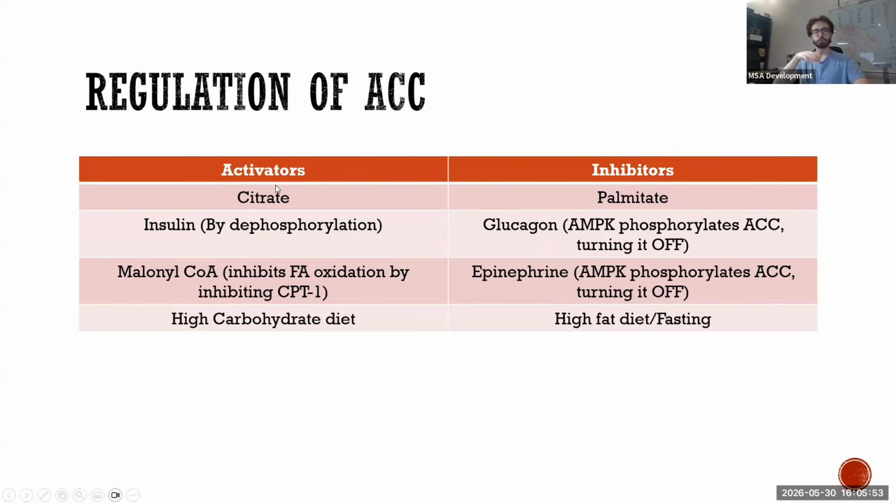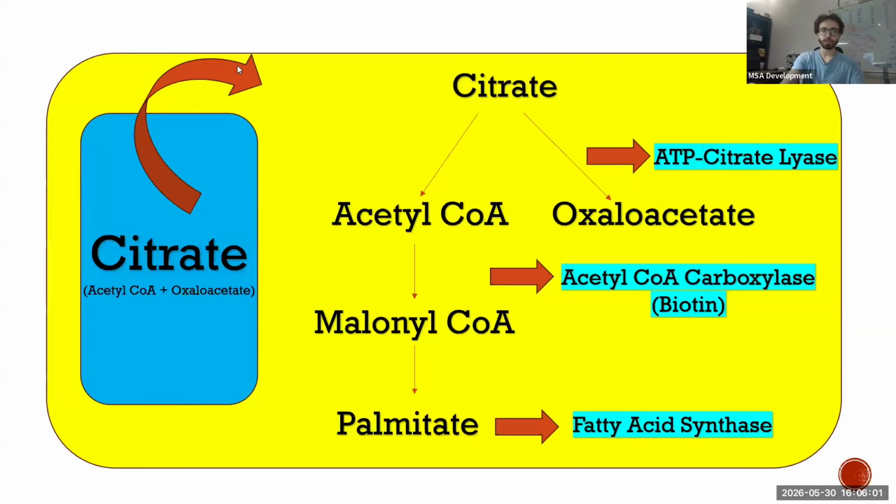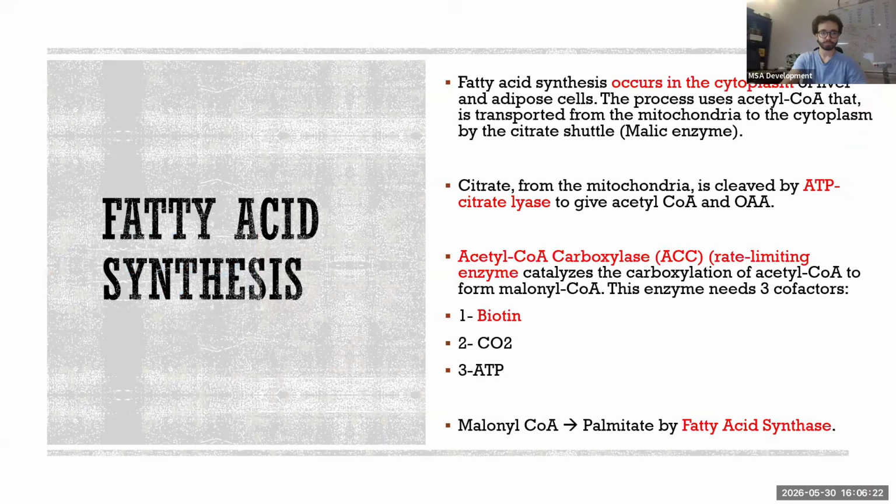Now, this should be very straightforward and easy. Citrate will obviously activate the enzyme. Why? Let's go back. Because citrate is basically the first step of this reaction. But when we have a lot of the citrate, the reaction will go downstream. So acetyl-CoA carboxylase will be activated. However, when we have a lot of palmitate, it will induce a negative feedback to acetyl-CoA carboxylase to stop, and therefore it will inhibit it.